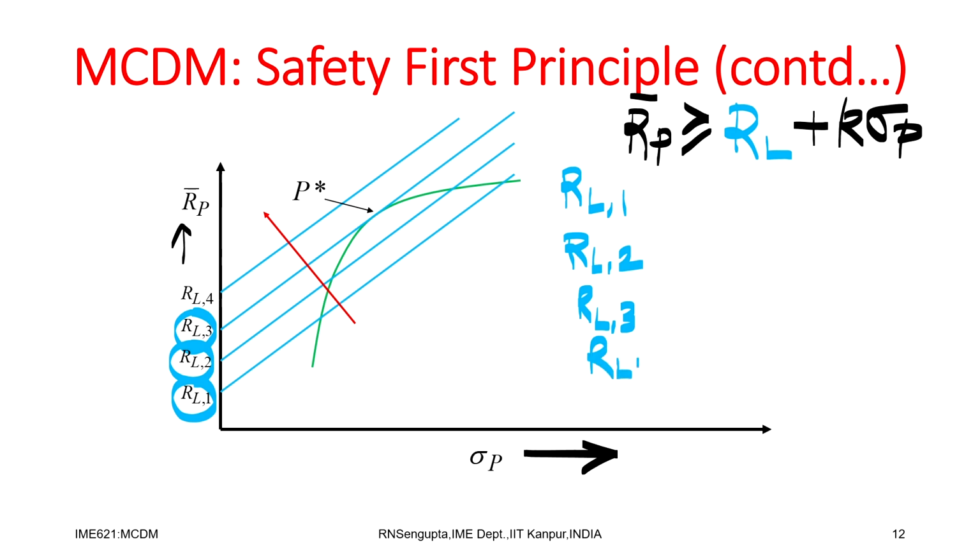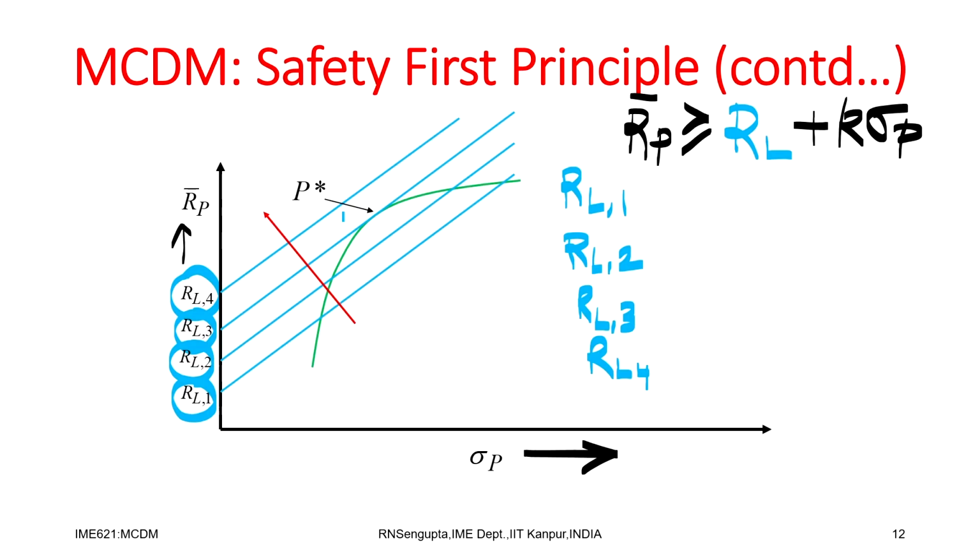Change it to RL4, the fourth one, and if you see, only the intercept is changing. The M value, which is the tangent, here in this case is K, which is given as 0.5, is fixed. So, all these lines are parallel to each other. RL1 where it intercepts, RL2, RL3, RL4, all these lines which I am denoting by 1, 2, 3, 4 are all parallel. And which point do you consider?